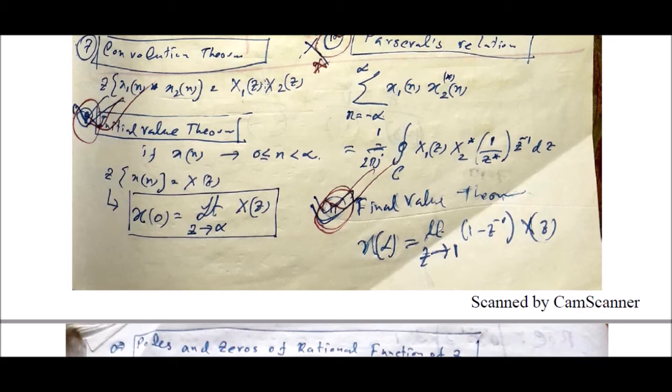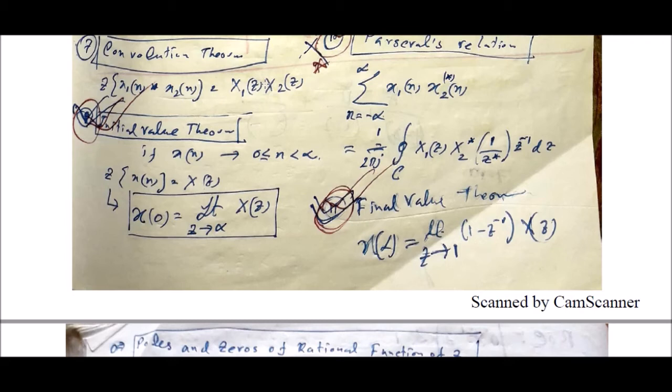For any particular problem, suppose a difference equation is given to you and you have to solve that difference equation. In the time domain, in the n domain, the solution of the difference equation is very lengthy. You have to find the homogeneous solution and the particular solution and add them up, or you have to find the zero initial solution or zero state solution. After that, you have to add them in order to obtain the final solution.